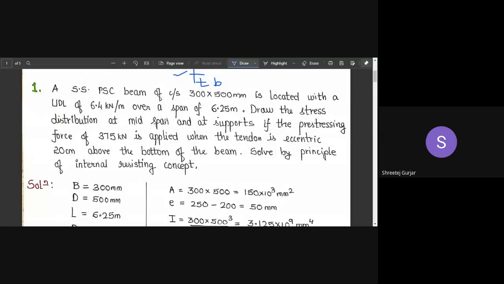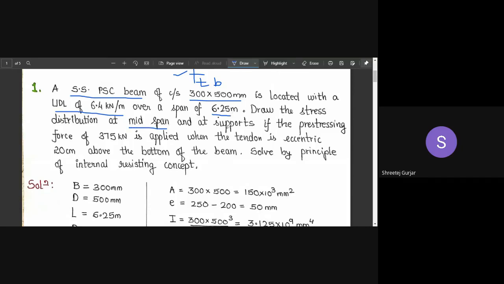So this is your first numerical, wherein we have a simply supported PSC beam. Cross section is given, 300 by 500, loaded with a UDL of 6.4 kilonewton per meter. This UDL is for live load. Span is given as 6.25 meters, and we have been asked to draw the stress distribution at mid span,